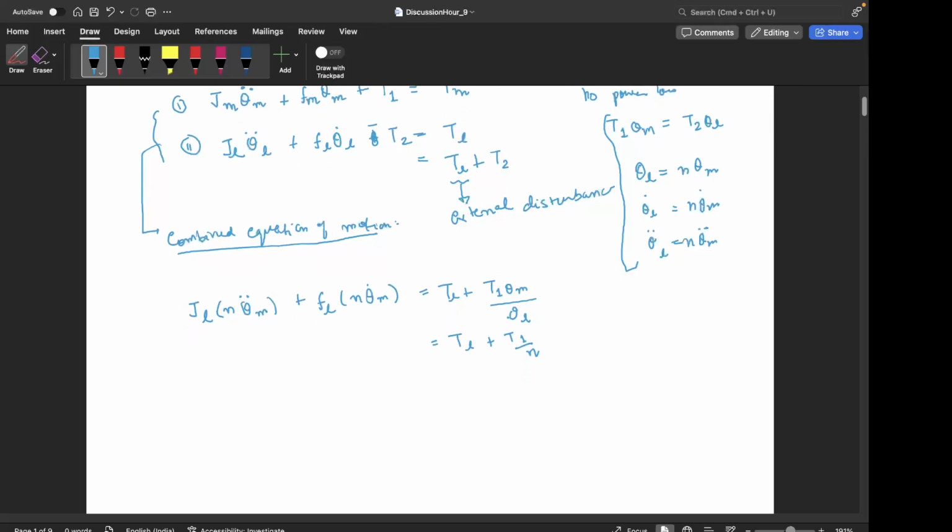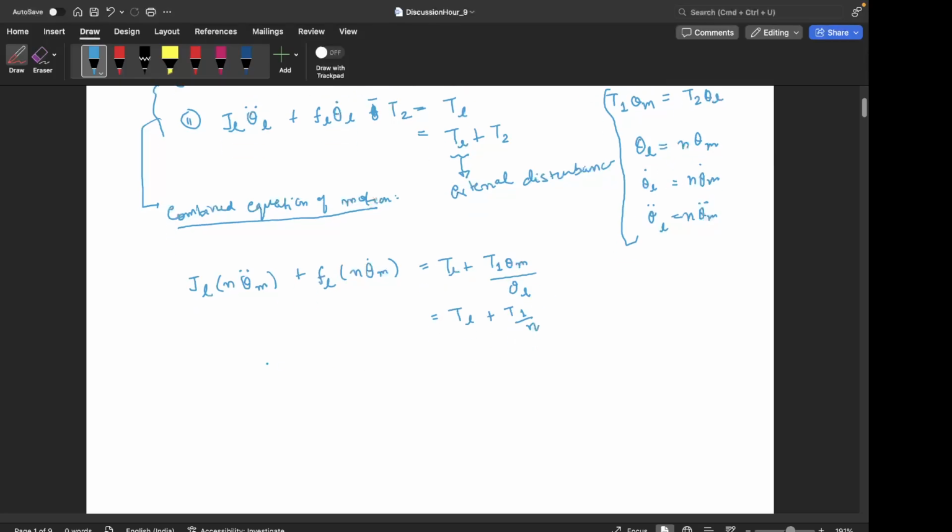So T2 we changed like this, that is T1 theta m by theta L. Theta m by theta L is 1 by n. Now we'll write n times JL theta double dot m plus n times FL theta m dot is equal to TL